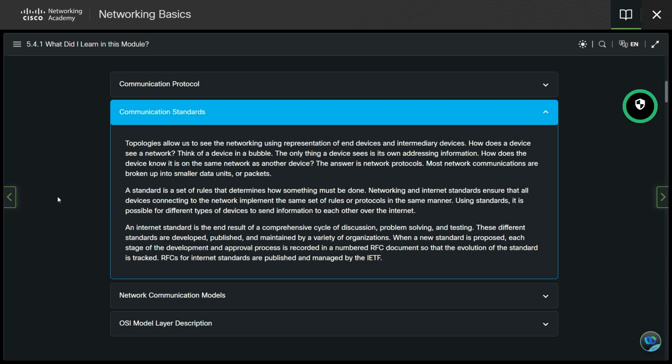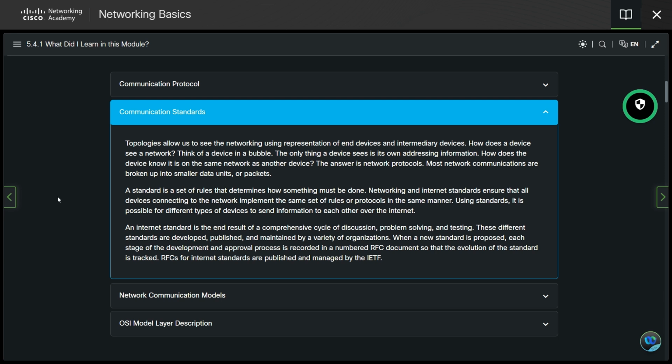A standard is a set of rules that determine how something must be done. Networking and Internet standards ensure that all devices connecting to the network implement the same set of rules or protocols in the same manner. Using a standard, it is possible for different types of devices to send information to each other